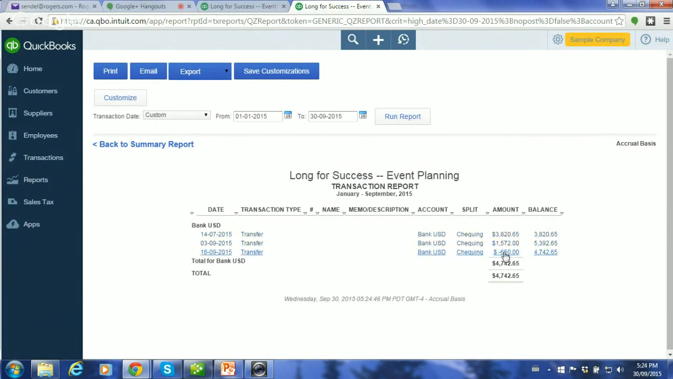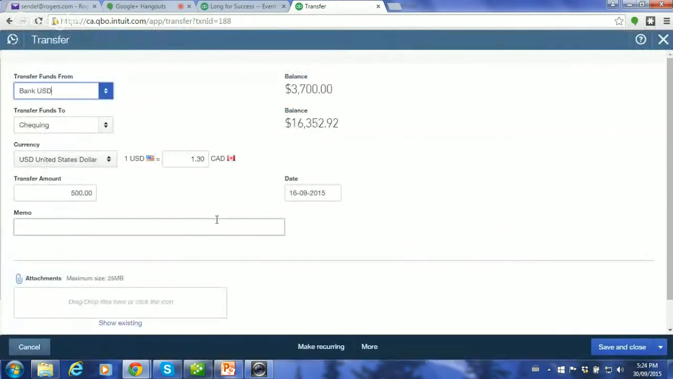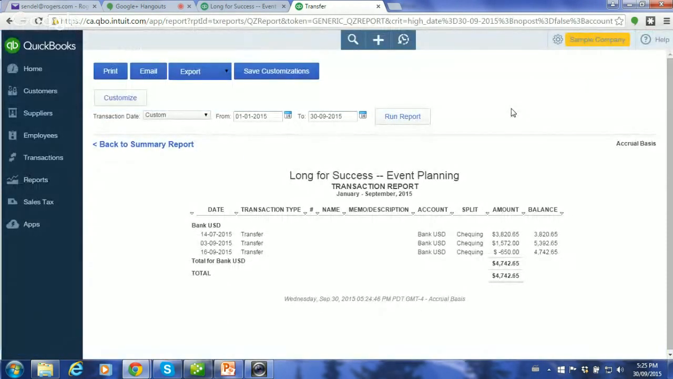Because it's in a report fashion, it will always show it in my base currency. If I drill down further, now I can actually see the entry, and I can see that the entry was 500 US at a 1.3 exchange rate. So understand that even though you have a US dollar chart of accounts, they will always be converted into the base